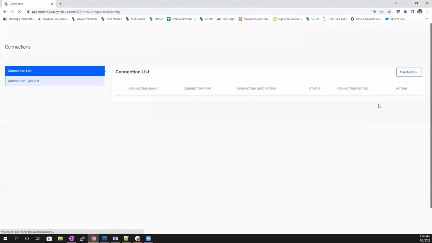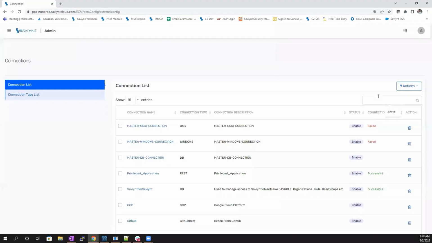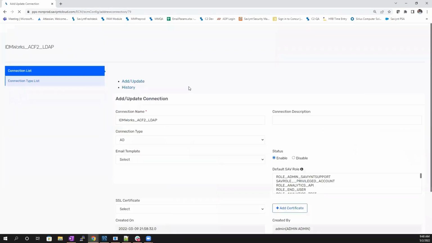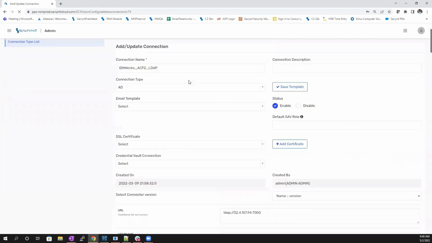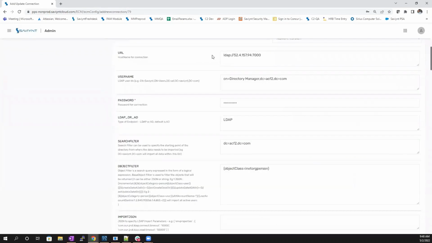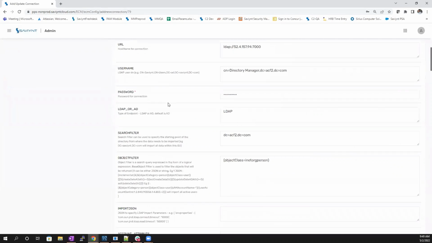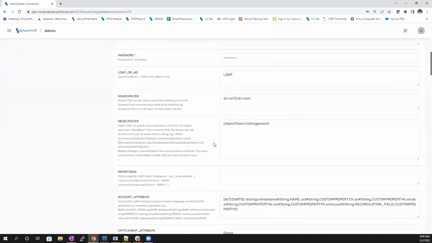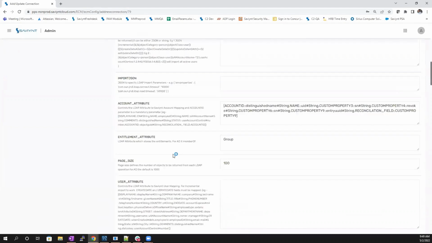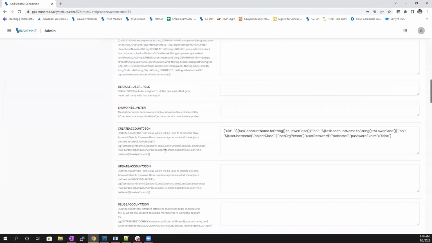Now the application has been onboarded. The connector is also built out automatically as part of the framework. It is rapid onboarding. As you can see, there is a connector for ACF2 built out using all the prerequisites details, like even the username and the URL construct has been defined, and the search filters. There is an account attribute which is already built out, and the JSONs are already built out, like create account JSON,